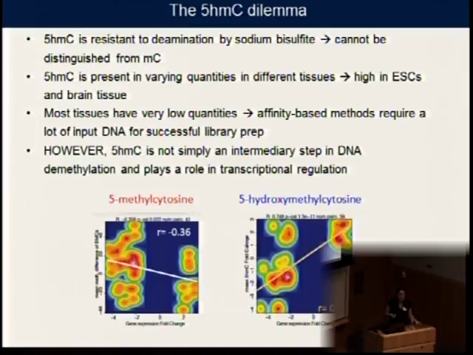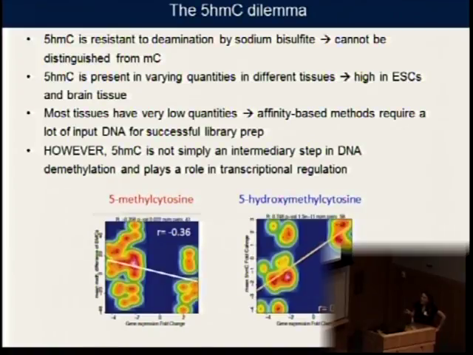The other issue is that in tissues where it's low, it becomes very difficult to detect. And that's why many of those assays that I said are out there are actually not reliable, because they're very noisy. And it's very hard to detect these very low quantities of hydroxymethylation. And that's where the antibody actually performs really well. However, even in tissues where hydroxymethylation is very low, but even more so in tissues where it's high, we can't just ignore it. Because the big surprise that came to all of us when we were studying this is that